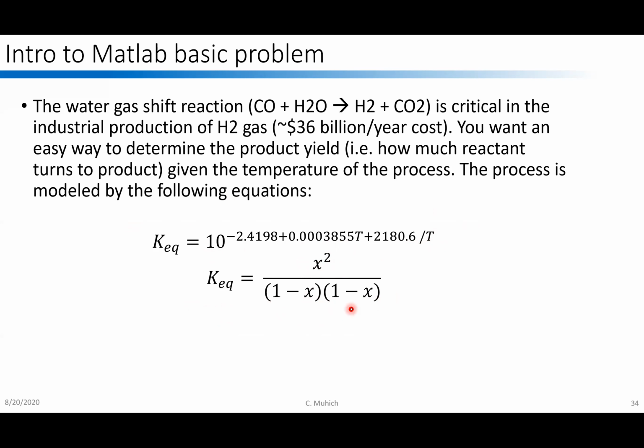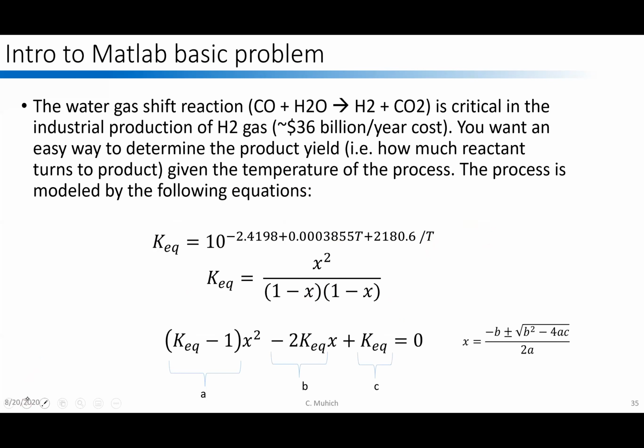Right, so here's our first model, our mathematical model of the system. If we were able to solve these equations for x, I could give it any temperature, and it would tell me how much my reaction extent was. All I need to know is how to solve